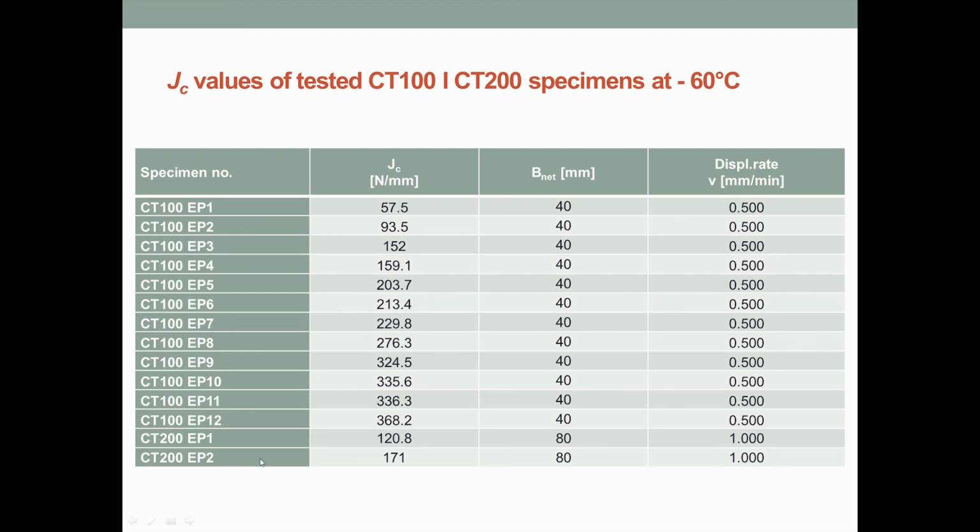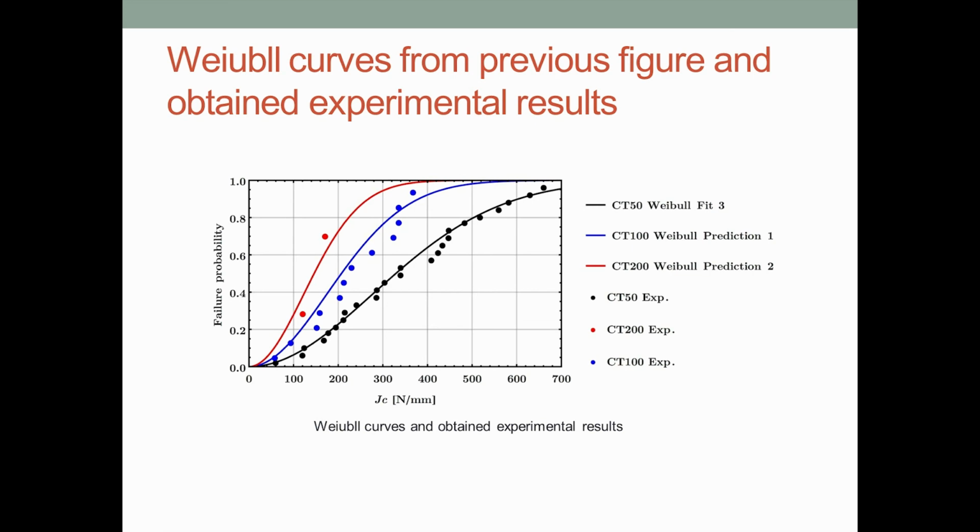A direct comparison of JC values obtained by testing and the prediction of their failure is shown here, the Weibull distribution and the comparison. We can see that on the larger specimens the scatter of the results is smaller, and it can be seen in the diagram that the Weibull curve shows a good agreement with the experimental